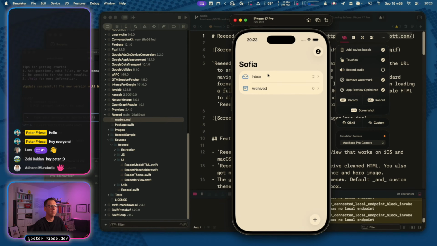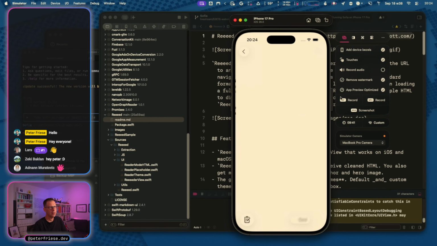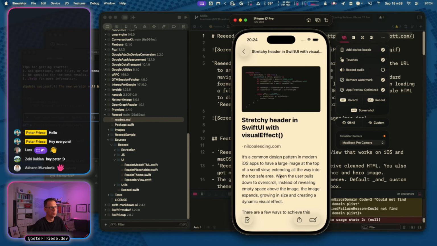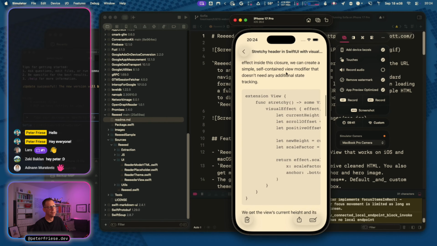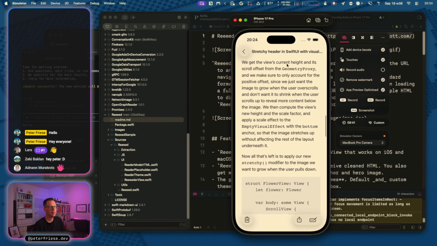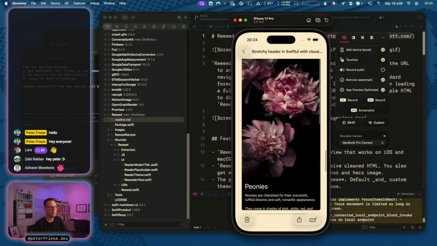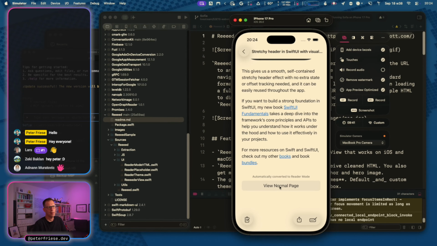And here we have our inbox, and in the inbox, we've got 2 articles at the moment. And if I click on this article here, it will show this article in a simplified version. It includes the source code snippets, and even videos and images. And if you think, well, maybe I'm missing parts of the information, you can click on this button and then